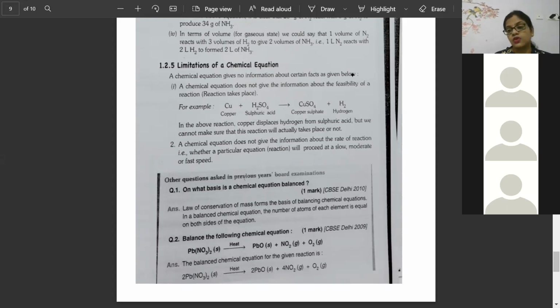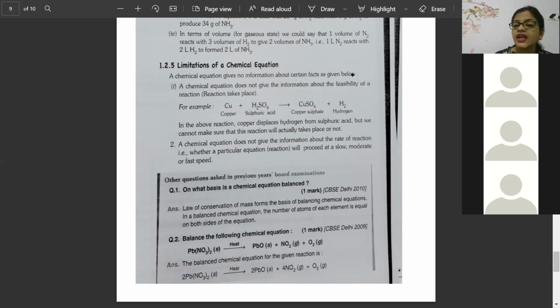Silver will react with oxygen in the presence of air. You will say, Auntie, can you give me some proof? How much is the feasibility rate? Will it destroy it fast or is it a slow process? So when we are writing an equation, we are not telling whether it is a slow or a fast process.